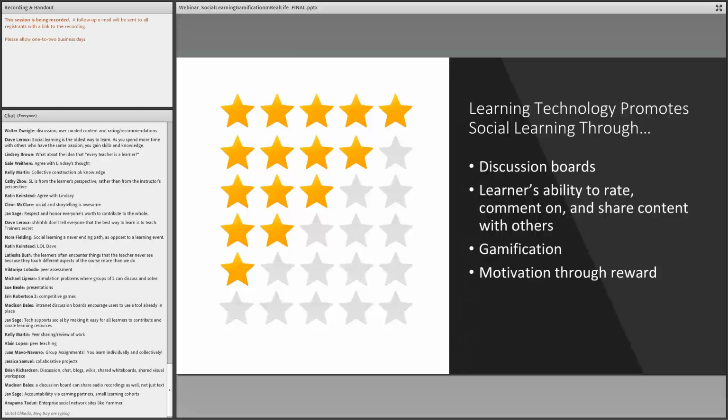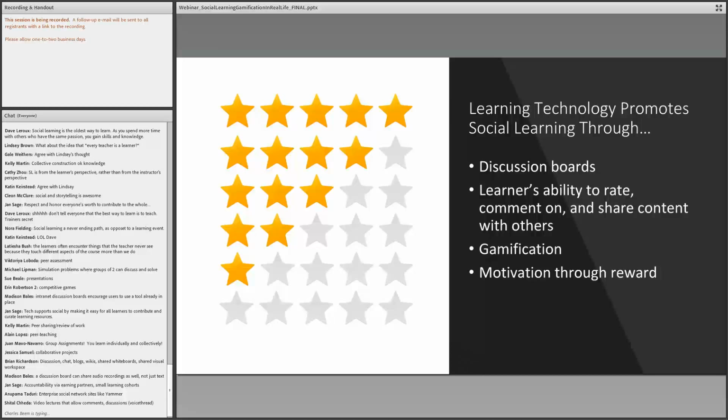The next point I've got on here, learners' ability to rate, comment on, and share content with others. So this can take a lot of different forms. I'm sure you've seen, if you've ever looked at a variety of learning management systems, you are going to see a lot of different forms of rating systems. So you might have the 1 to 5 star system that you see here on the slide. You could also have a system where once the learner has completed the content, they can click a smiley face or a frowny face. And the whole point of it is when somebody else is looking for courses in the course catalog, they can kind of see those ratings